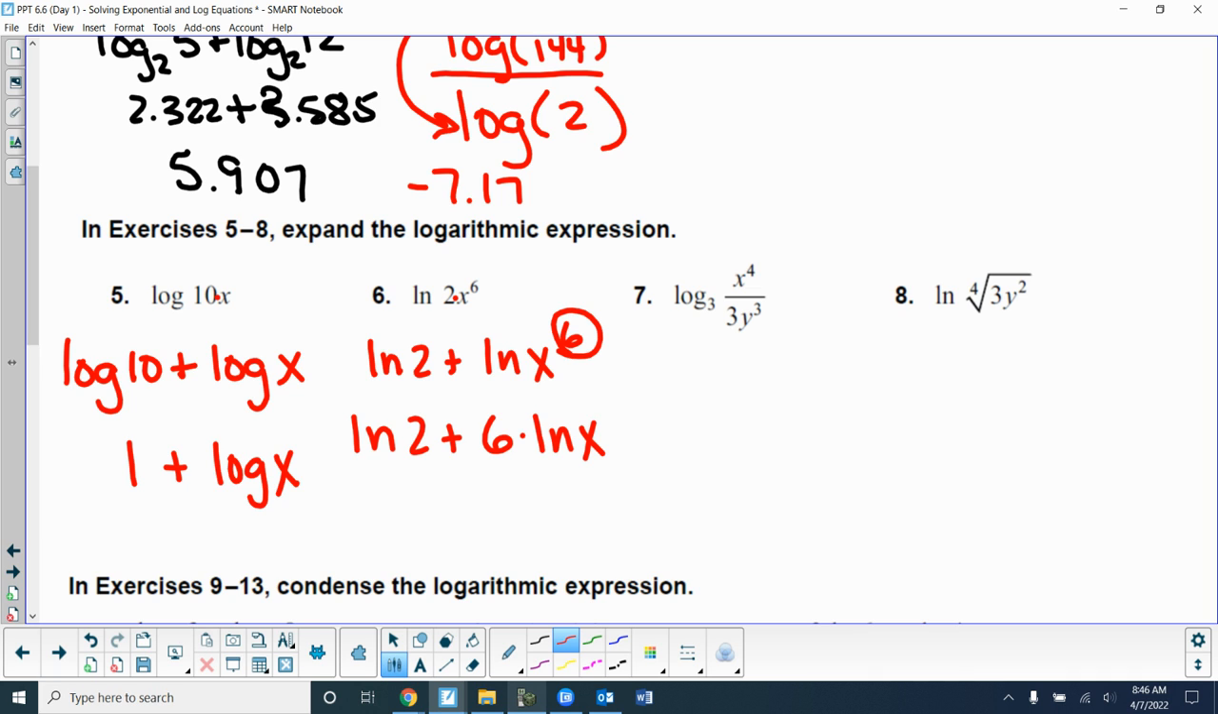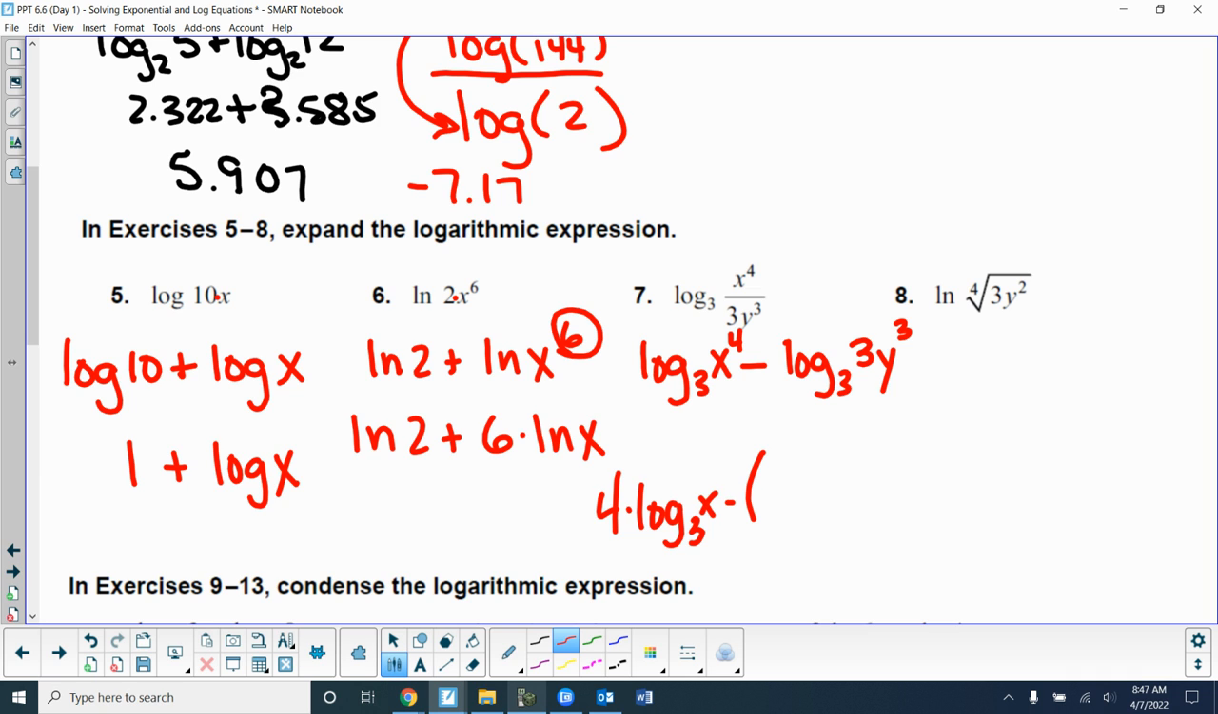All right, so we have to expand it to 3 terms. So this is log base 3. Again, the base part stays the same, of x to the 4th minus log base 3 of 3y cubed. What do we got to do with that 4? Just like we did with the 6, put it out front. So it's 4 times log base 3 of x